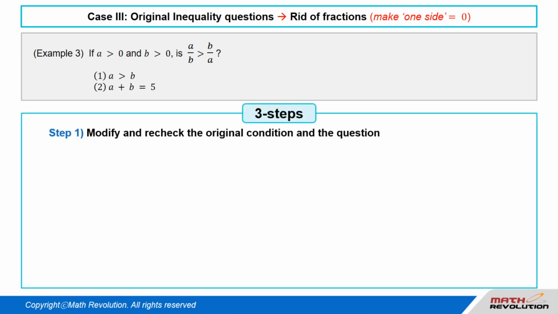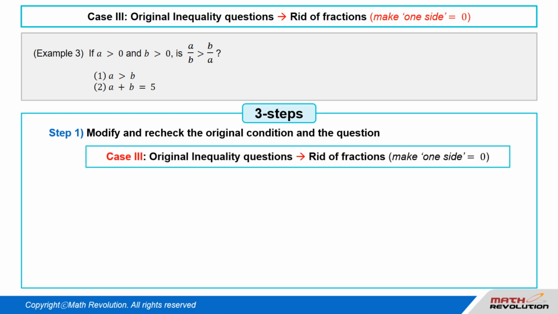Solution. Now we will solve this DS question using the variable approach. Let's apply the 3 steps suggested previously. The first step. Modify the original condition and the question to suit the type of information given in the conditions. Case 3. When the original condition and question involve inequality, we should practice getting rid of the fractions and making